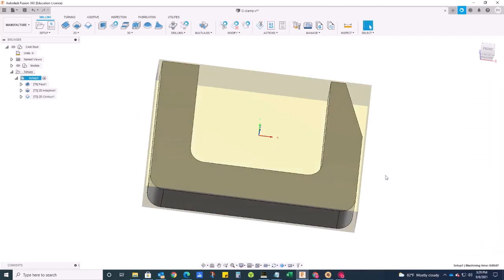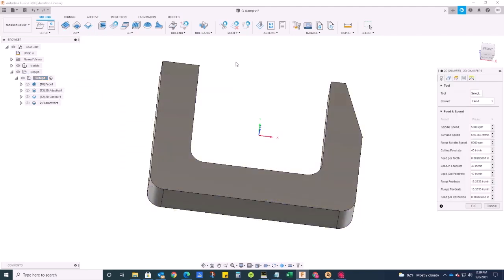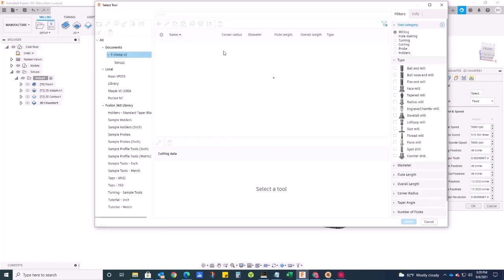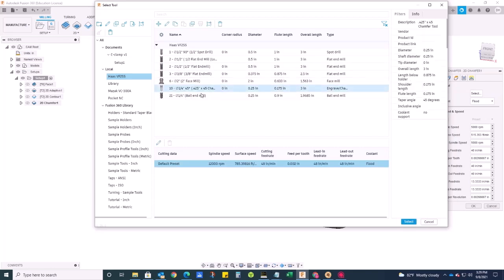Next thing I want to do, if I do want to cut a chamfer on this piece, I'm going to cut about a 30 thousandths chamfer. I'm going to use my 2D chamfer tool here. I'm going to select this top surface here. Select my tool, which is going to be this again in my VF2 library here, and I want to find my chamfer tool here. Once again, it has data for